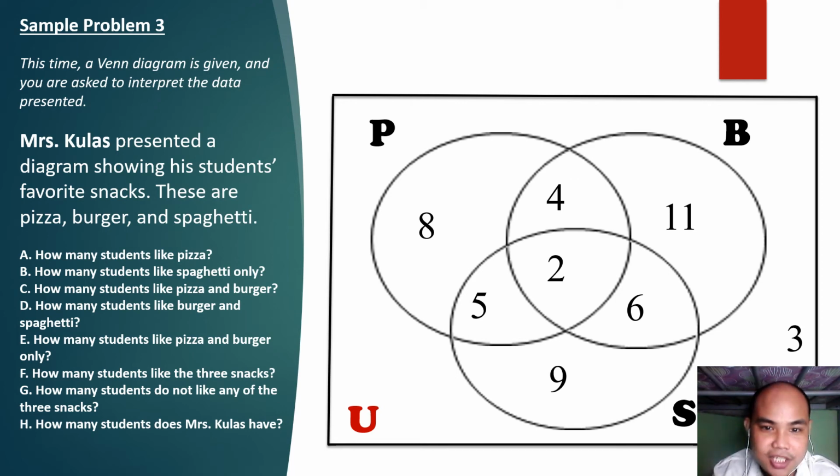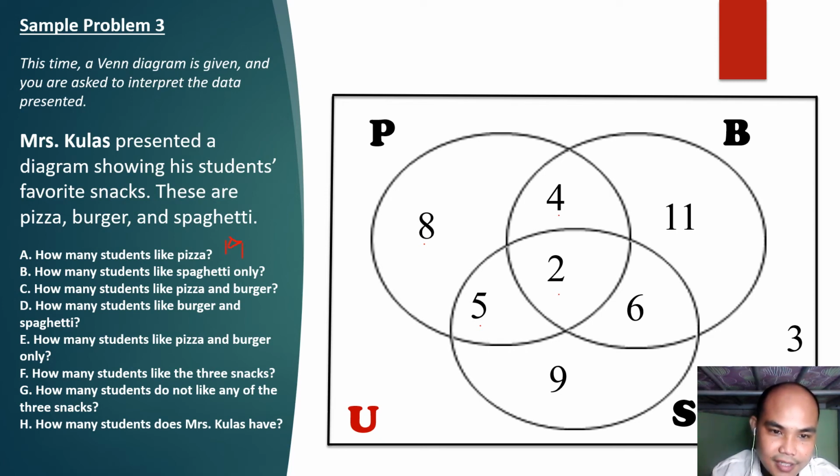How many students are involved? There are numbers, right, inside the circle. Let's add. So we have 8 plus 4 plus 2 and plus 5. How many students like pizza? 8 plus 4 is 12. Plus 2 is 14. Plus 5 is 19. Therefore, there are 19 students